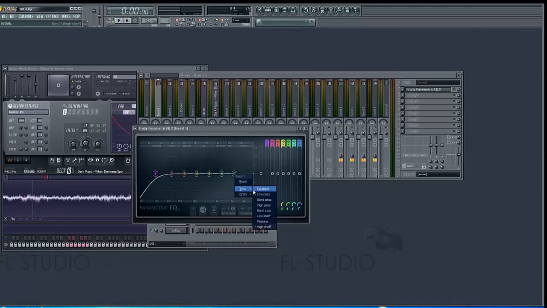Same thing works on the top. You have a low pass filter. It does the same exact thing but in the opposite direction. Instead of cutting off the lows, it cuts off highs. It only lets lows pass through. So once again,